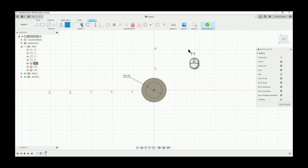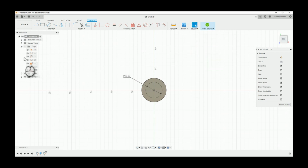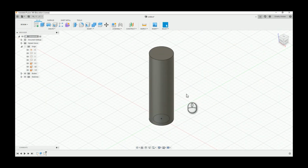It is important to ensure that your sketch is fully defined. If I hide the body of the pipe, you can see that the sketch design is outlined in black instead of blue. This shows that the sketch is fully defined, and its geometry will not change when I apply different features to the body after it's been applied. We can finish sketch,